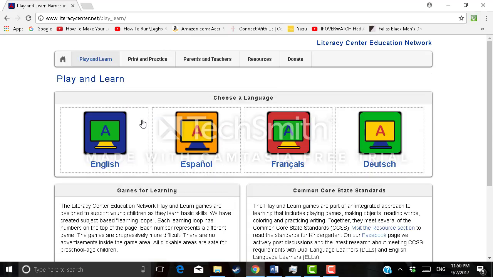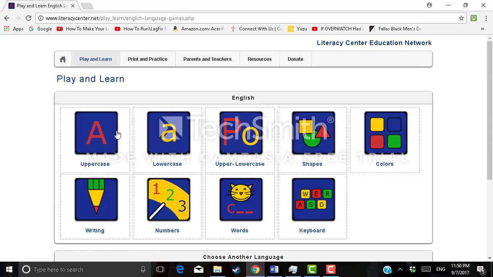So we'll go to play and learn and then click on English, for this case at least. And here you'll see a bunch of different categories: uppercase, lowercase, and a combination of the two, just a bunch of games around those 3 things. Shapes and colors, writing, numbers, words, and even how to type on your keyboard. All of them are very interactive, all of them are very straightforward, and none of them really require any sort of in-depth